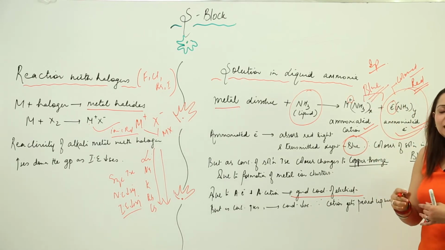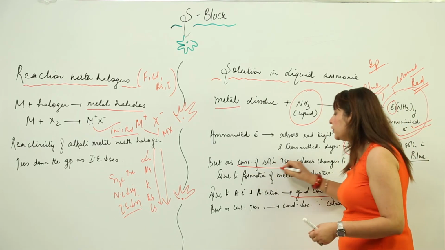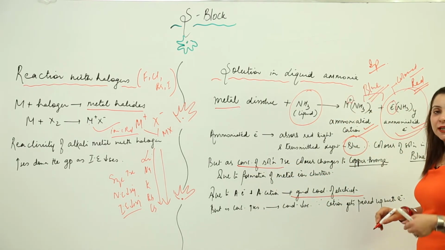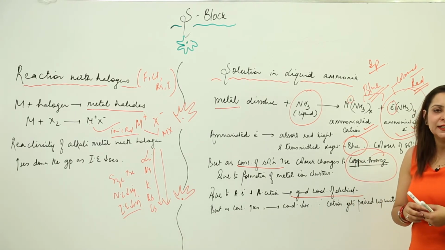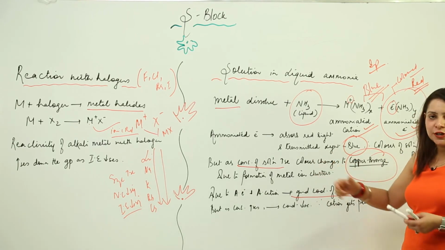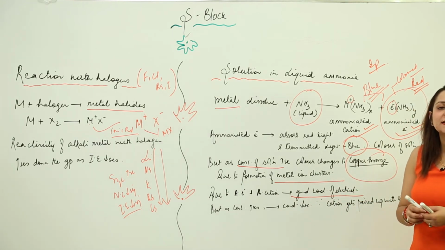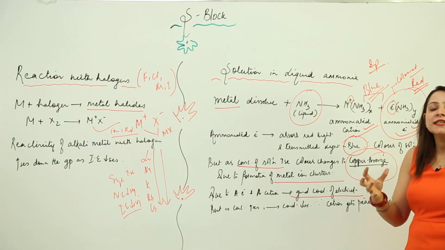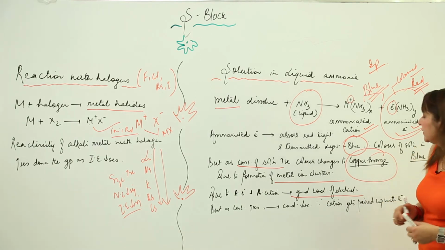And on diluting, this blue becomes more dark blue, but when we increase the concentration of the solution, what we see is that the color changes from blue to copper bronze. Now what is the reason that it changes from blue to copper bronze? The reason is that when we increase the concentration, the metal ions form clusters. So that means metal ions are getting paired up, you can say. As they form the clusters, that leads to the change in the color,